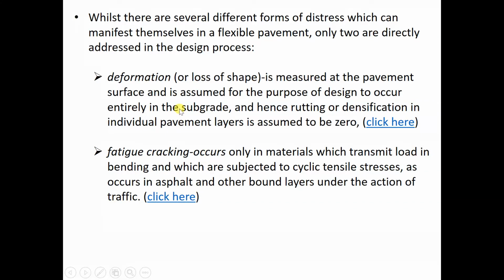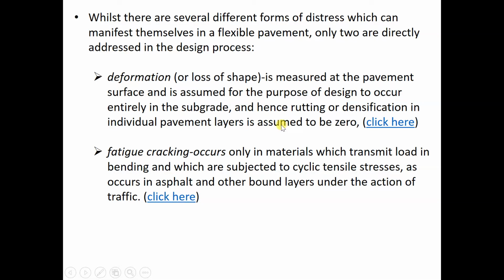That means just the deformations, the rutting, the sinking down under the wheel track, and also the cracking. Deformation or loss of shape is measured at the pavement surface and is assumed, and hence rutting or